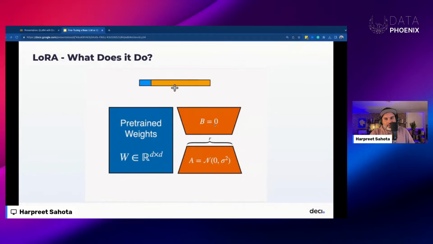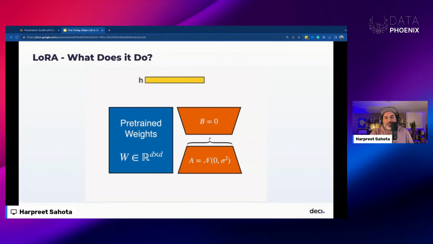You can think of a low rank matrix as having fewer degrees of freedom and thus storing less information than a full rank matrix. In the case of LoRA, the low rank matrix has far fewer parameters because we only need to store an n by r matrix and an r by n matrix.